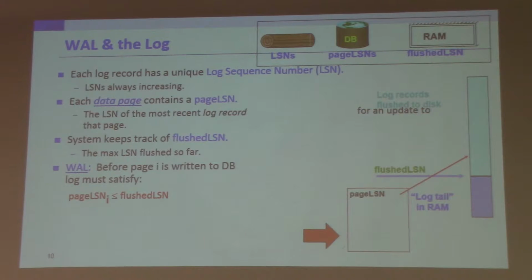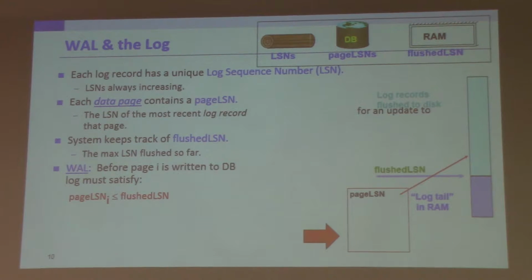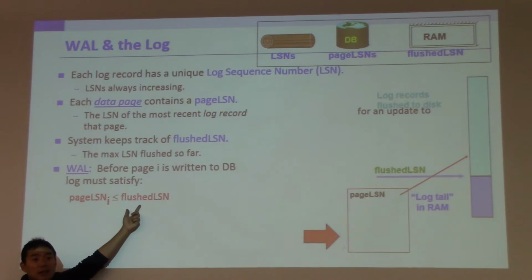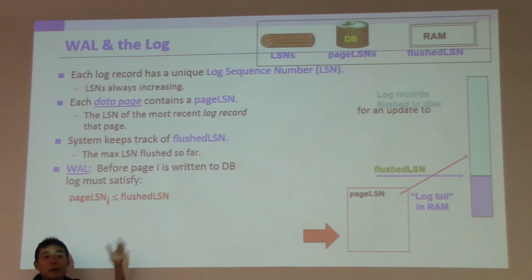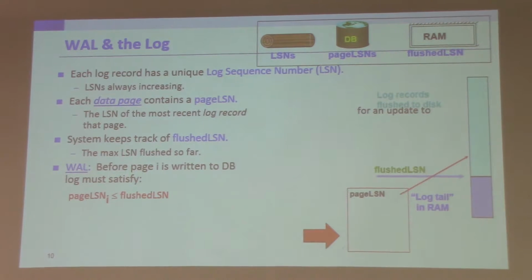Why is that? Before page i is written to the database, the log must satisfy this specific condition. Why? This is to ensure that you can really undo and redo. If you think about it, if you do not have this condition, meaning there is a page whose page LSN is greater than flush LSN, and you allow this page to be written back to disk,